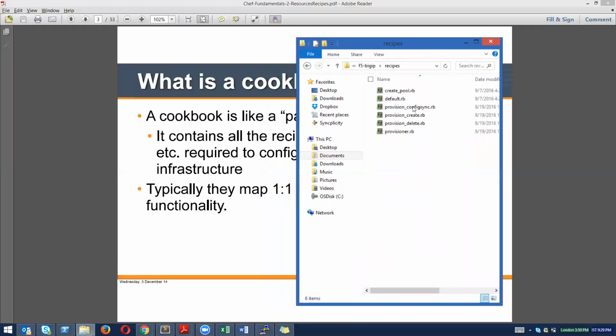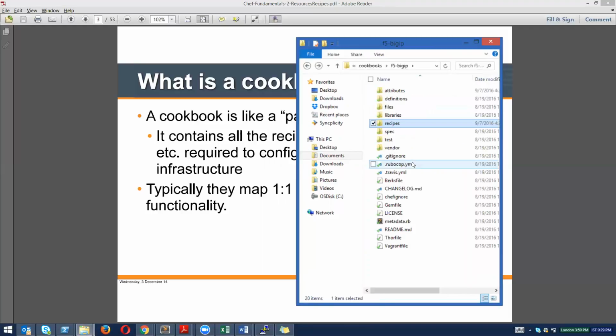By default, when you create a new cookbook, it will have a default recipe, just like this. Every cookbook will have it by default. This will be the first recipe already there when you create a cookbook with the help of the knife command. All other recipes you create as per your requirement. Whenever you need it, you will create it. One important thing is that every cookbook will contain a recipe by default, compulsorily,